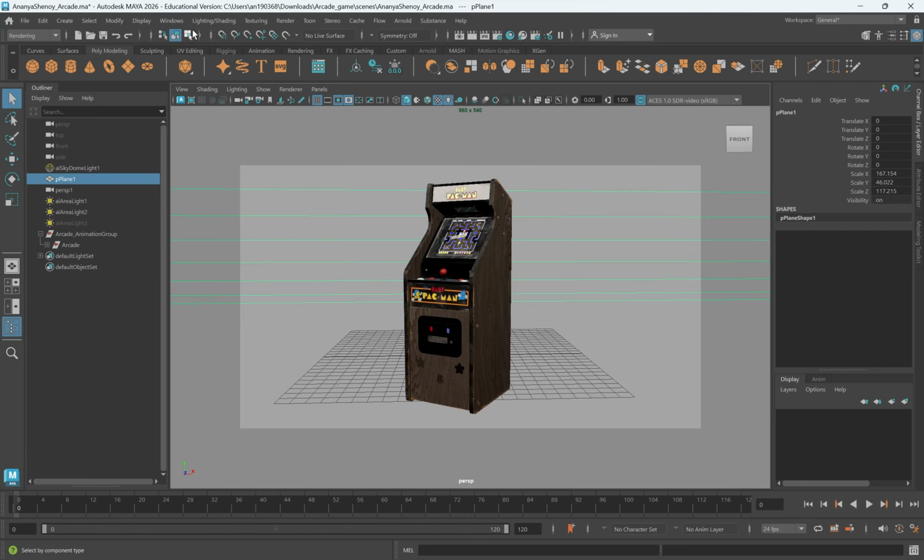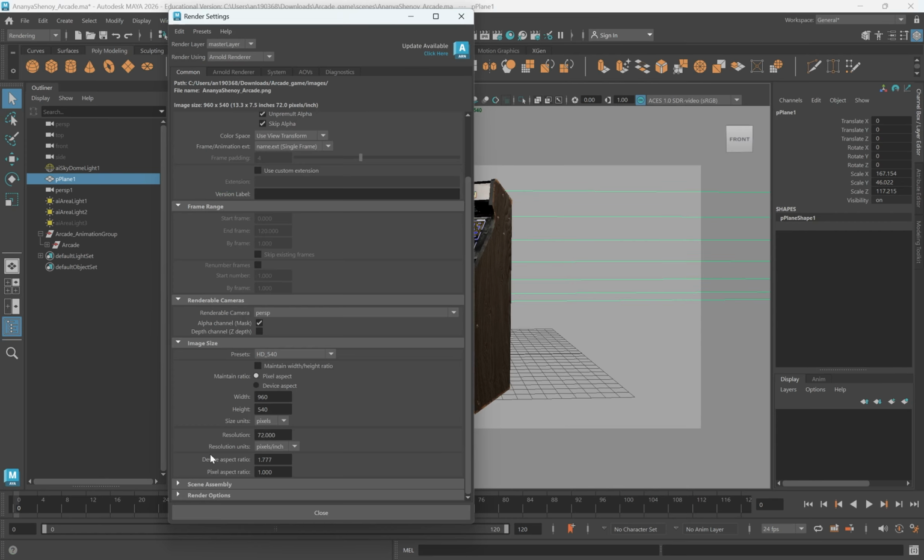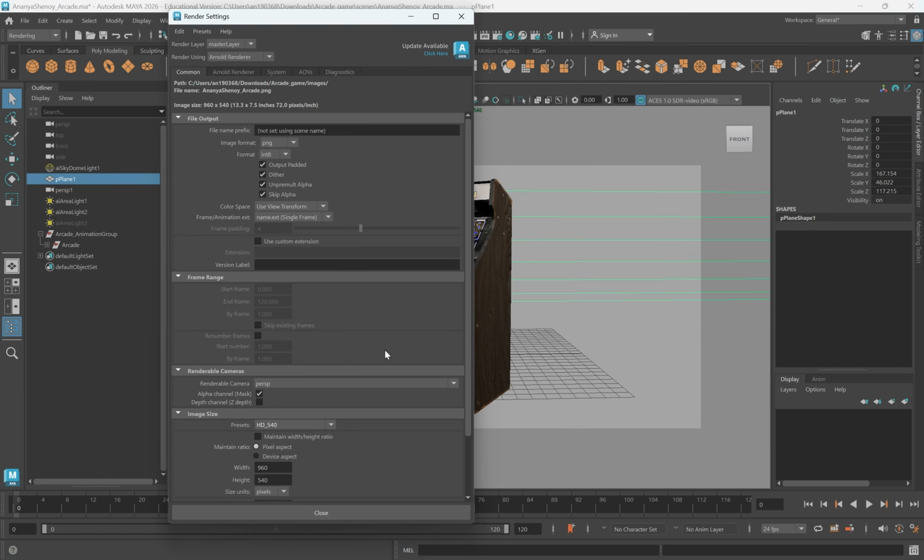To do this, go up to Windows, Rendering Editors, and Render Settings. In the render settings, the first thing we're going to change is the file output section. In this section, we're just changing one thing, and that is that we want to render out a video. So you want to set the naming convention for that. By default, it's set to render out a single frame. I'm going to set it to the third option in the dropdown, name.number.extension,